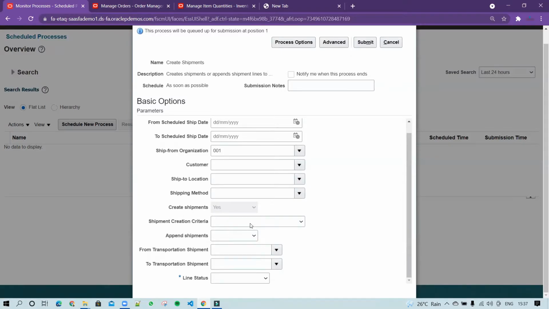And then I will select the shipment creation criteria across the order and then line. So you have to make sure that you have set line status as all so that this ESS job will pick up your back ordered line 2 to create the shipments. If you are not selecting all, then based on the certain status, it will create the shipment. So accordingly, you can do that based on your business requirement. So for now, we are selecting the all.